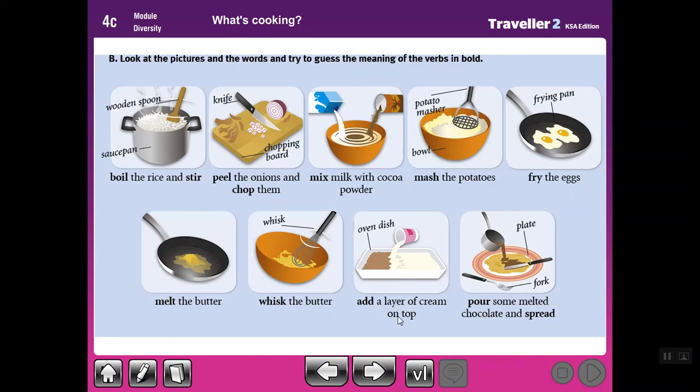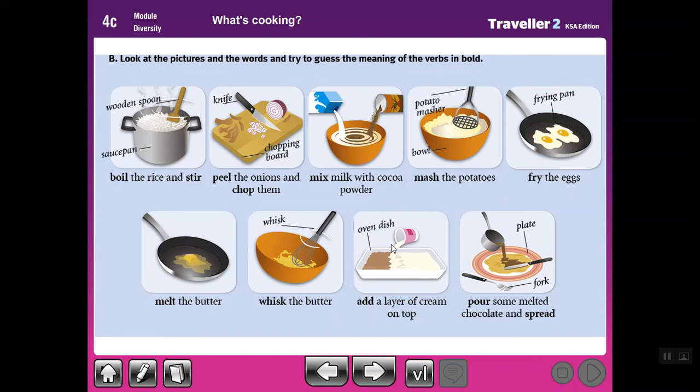Add a layer of cream on top, okay? When you add something, you put something on something else, okay? Layer here is something that covers a surface of another thing, okay? Using